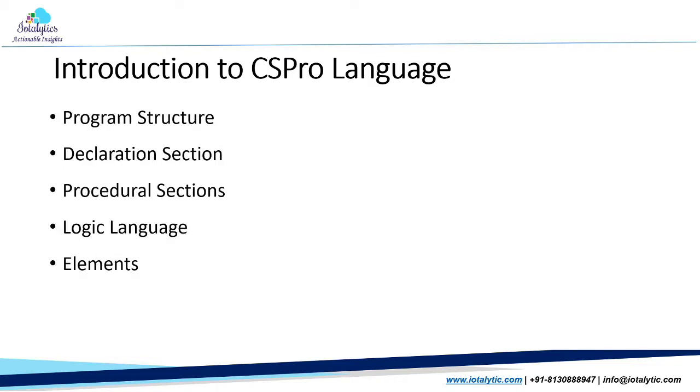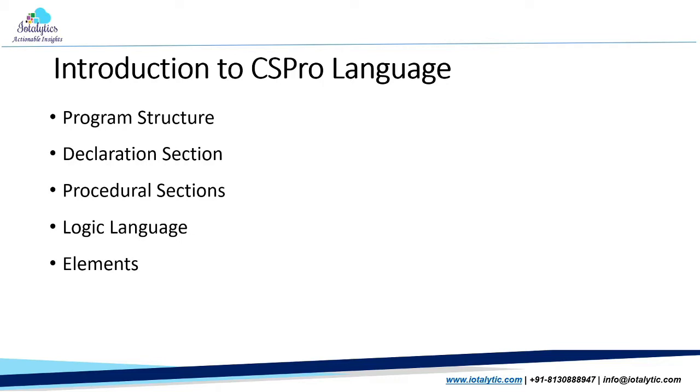In the CSPro language, there are five components: program structure, declaration structure, procedural sections, logical language, and elements.